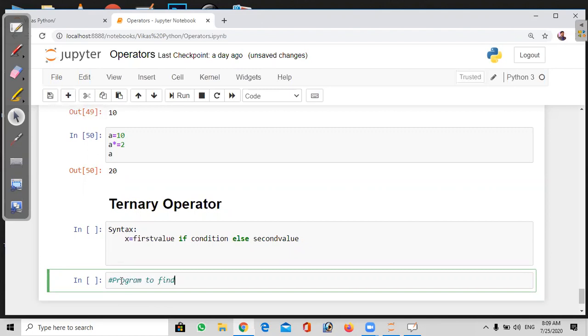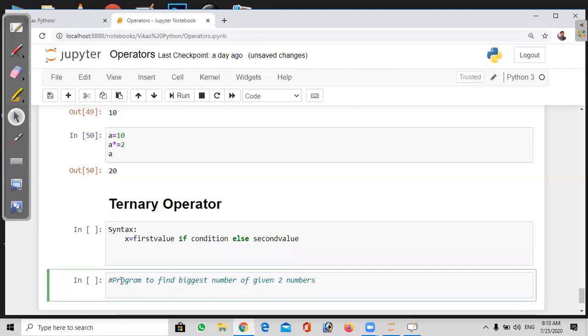Program to find the biggest number of given two numbers. Here I'm going to take the values a and b, or else we could ask the user. First we'll go with a equal to 20 and b equal to 10.